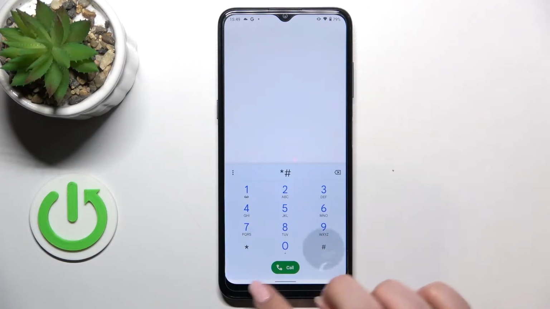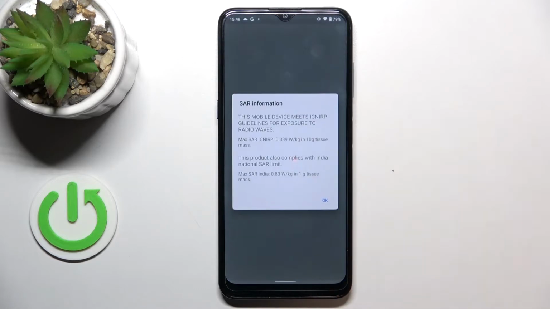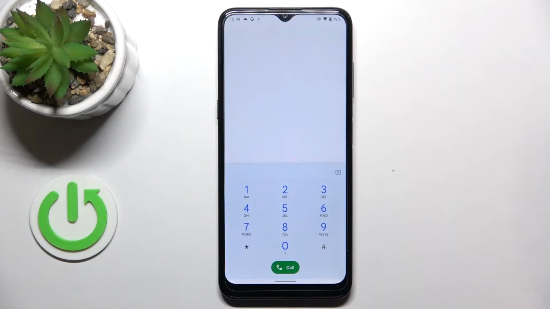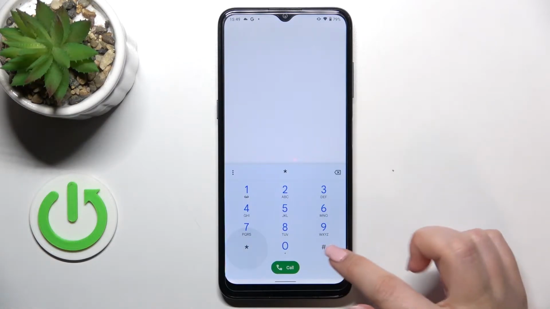So it's *#07#. And as you can see, thanks to this code we can open the SAR information, so we can check the SAR level, so the head and the body of our device. So let's tap on OK and let me show you another code which will open the phone info, and the code is